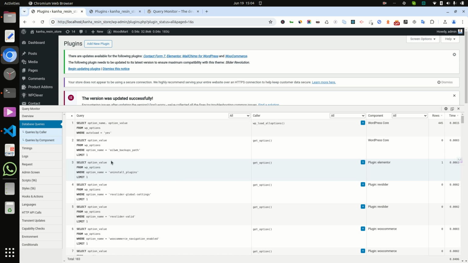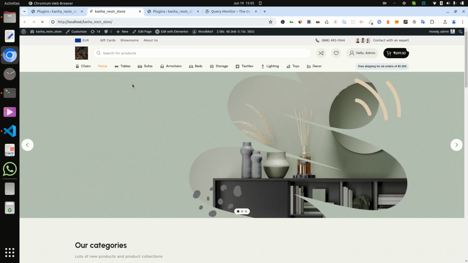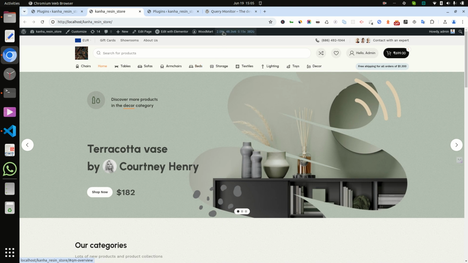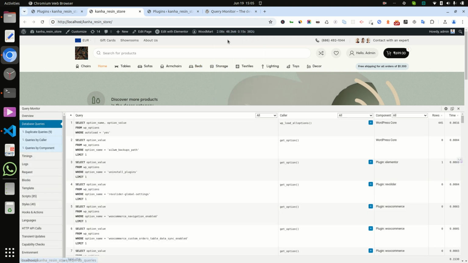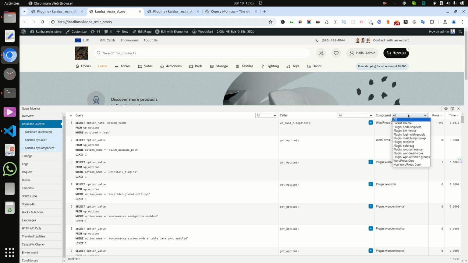In all this data we can check, suppose I am here on the home page, and I want to check all the information, queries, etc. Then it shows all queries, and if I want to check from the theme or plugin or another place, then I can choose from here, like I want to choose from the parent theme only.